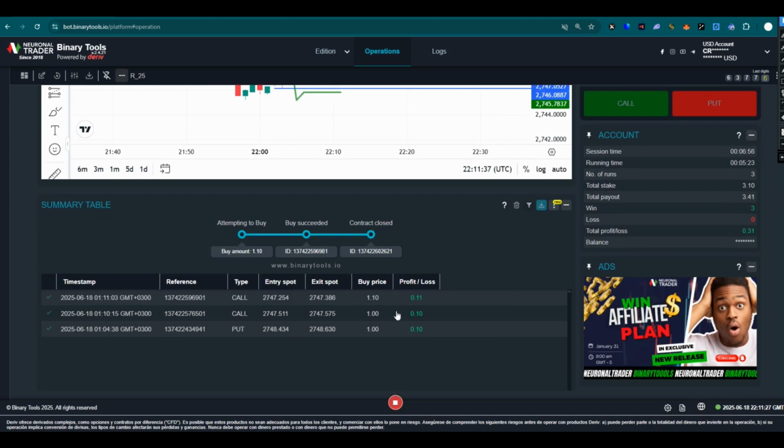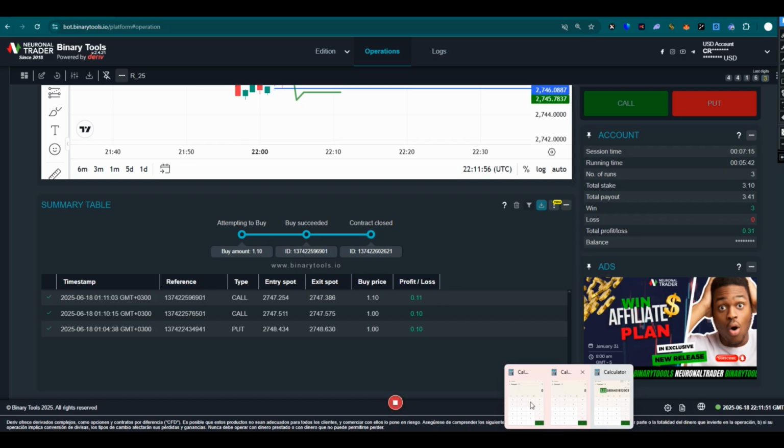Only 3 trades. So if I'm doing copy trading, that means this will be added for any account which has joined me. This will be made for every account that has joined me, and I'm expecting some good profit at the end of the month. So this profit is a little bit small,